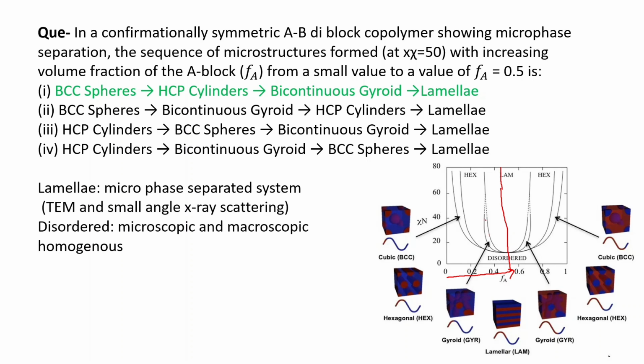And then, which is this curve, the area inside this curve is lamella. And then we will have the HCP cylinders, which is in this region when we go from here to here. Then the bicontinuous gyrates, which is in this area, and last is the